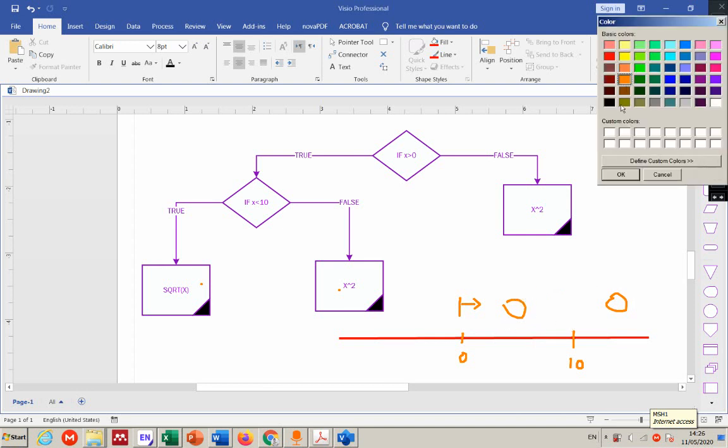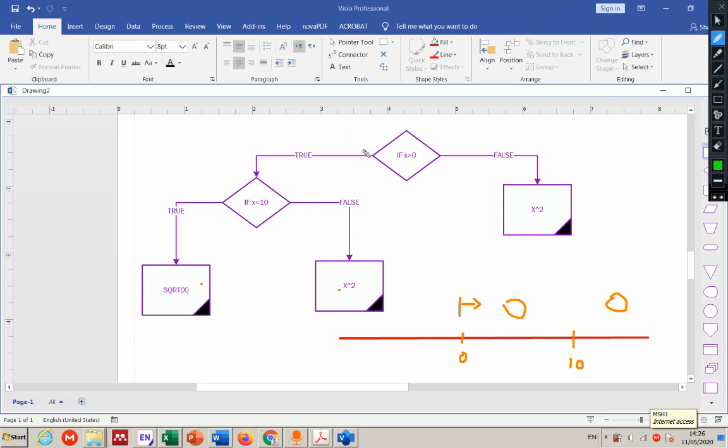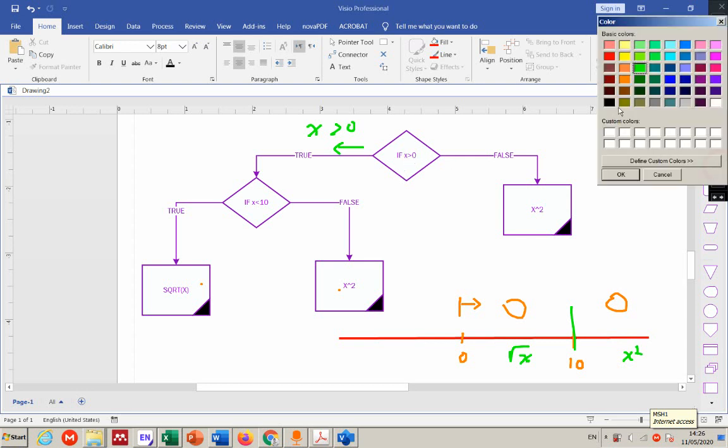So when a value comes in here, it's already greater than 0. But from here, I will separate it and put another link. Is it smaller than 10? If it's smaller than 10, I'm going to use the square root, because I know it. If it is not smaller than 10, meaning equal or greater, it's going to be x squared, which is this part here. What if, in the beginning, x is not bigger than 0,